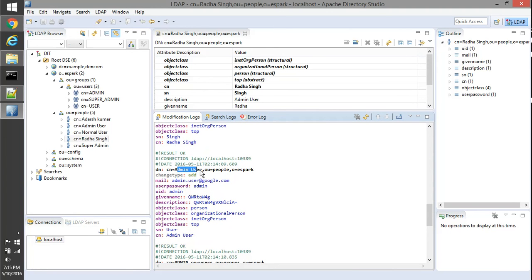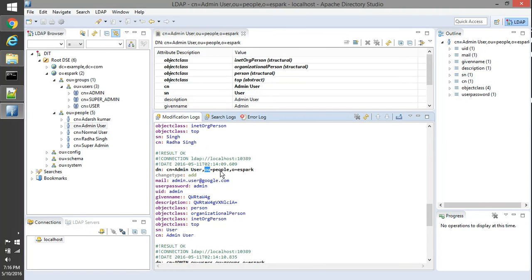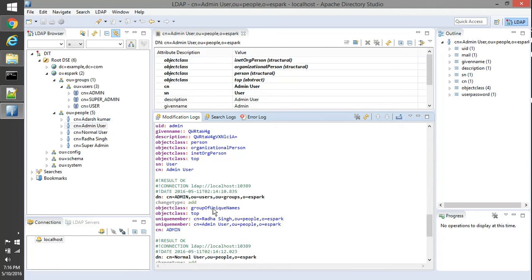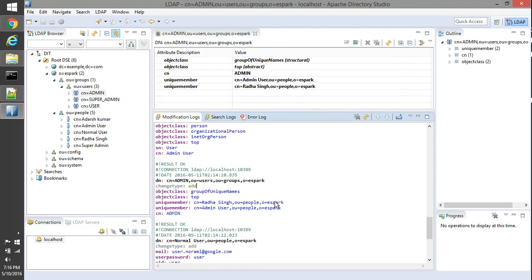Then it has included an admin user, this one, because if you see, OU is people here, so inside people it has included this. Then under groups we have user, and admin, so it has included this. It has created an admin group, and the admin user and Radha Singh are part of the admin group.